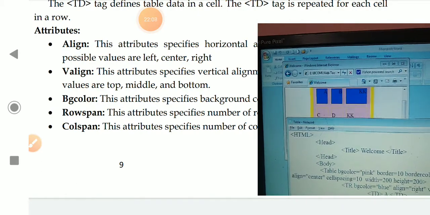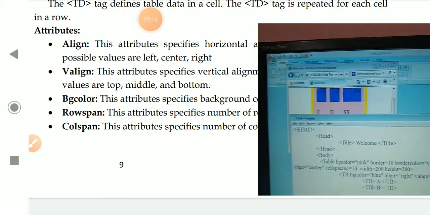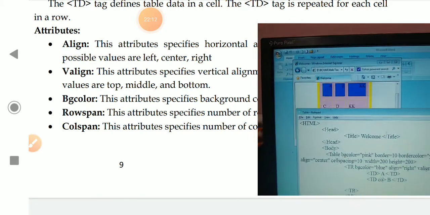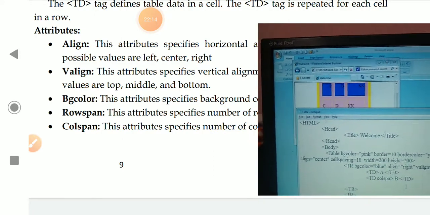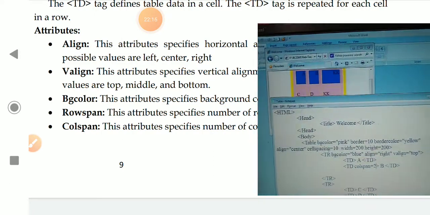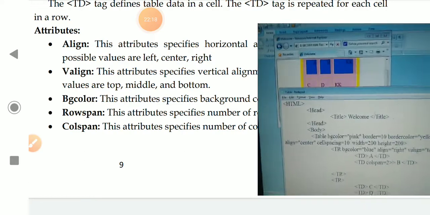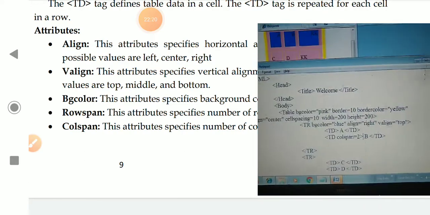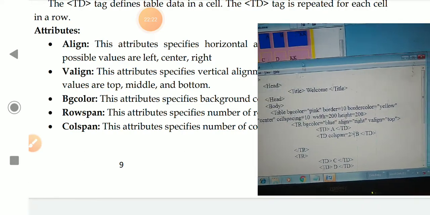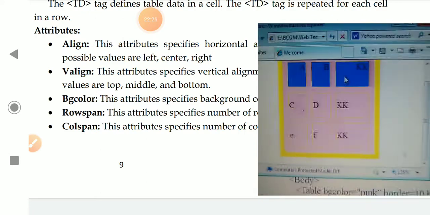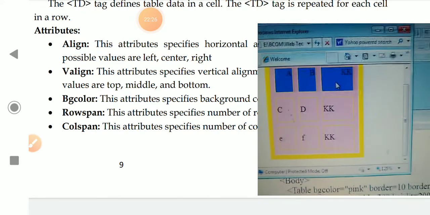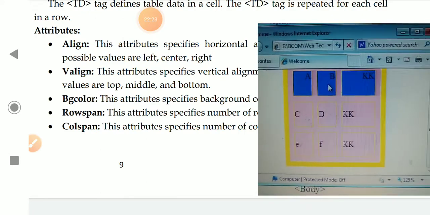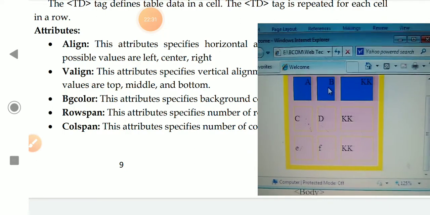What happens? See, colspan is equal to 2. Now see what happens. Here I remove this k value, and I give colspan to the attribute b.